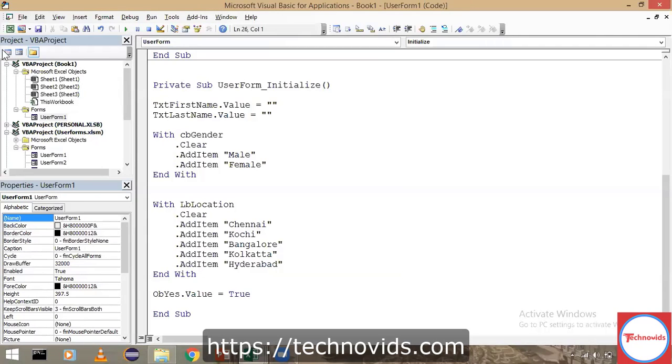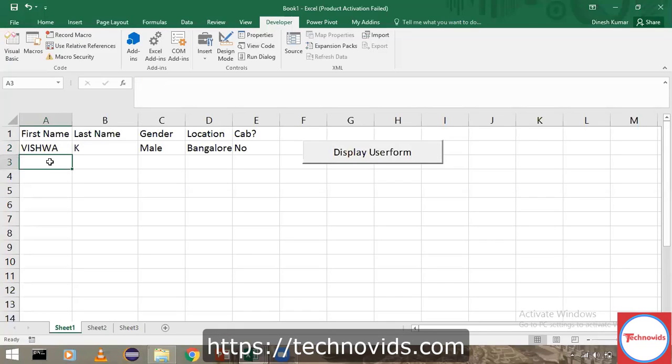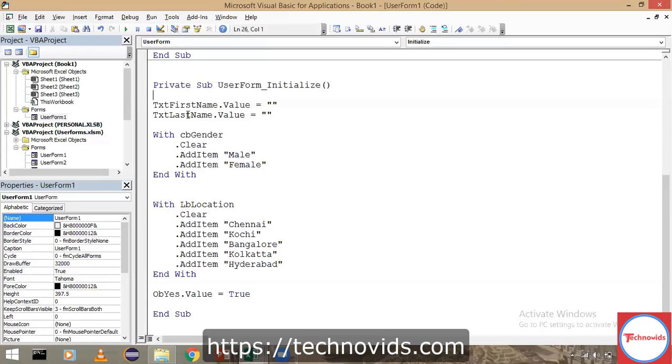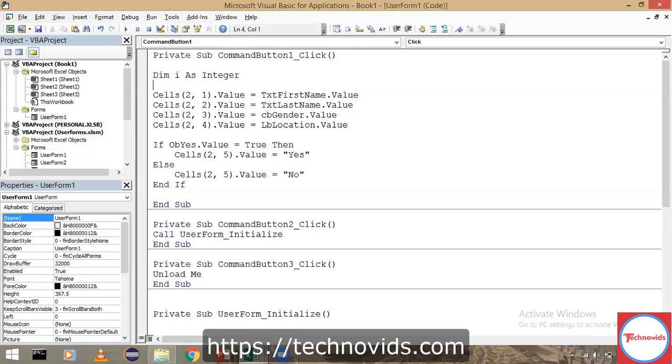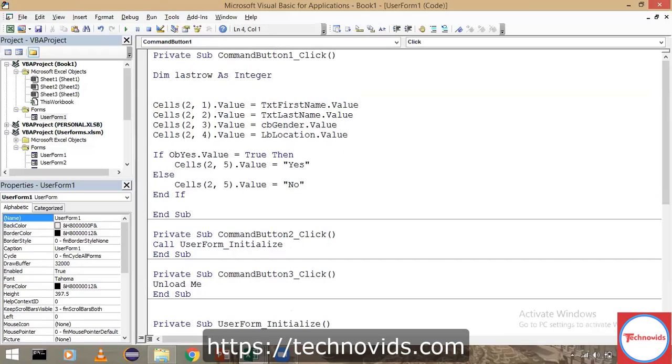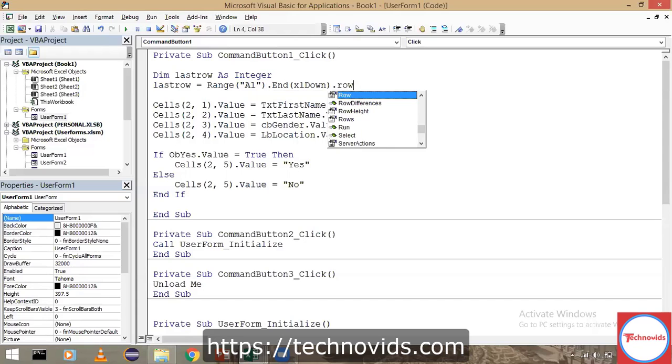I first want to figure out what is the last empty record. In this case, the third record is the empty record. That I'll have to figure out. How do we do that? Here, right? So I would say Dim I As Integer, or Dim lastRow As Integer. Now lastRow is equal to, I would start from A1 dot End. We saw this already, right? So go to the last row. Wherever your data ends, that will be the last row, correct?